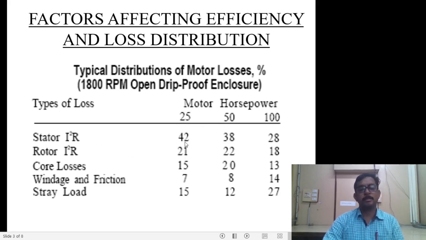So stator copper loss goes to a higher value for one and a lower value for the other. Core losses are also nearly equal. Rotor copper loss is also less here for higher HP. So from this we get a simple generalized phenomenon that a higher HP motor has somewhat lesser losses as compared to lower HP motors. But as per the application, we have to decide which induction motor will be suitable for which type of application.